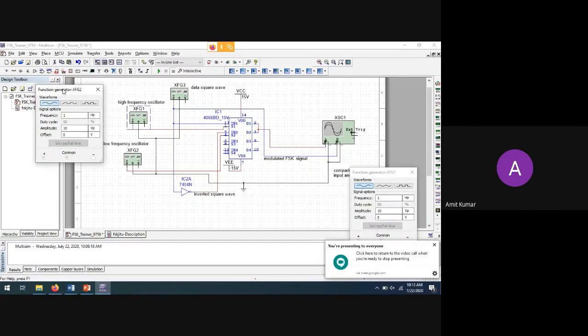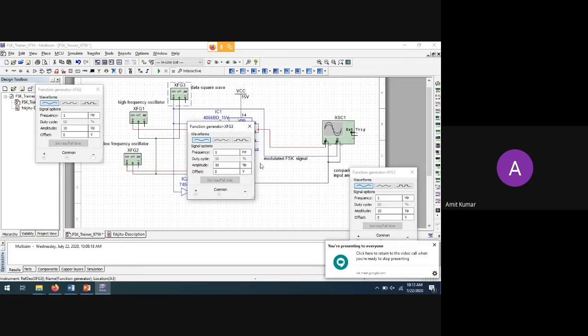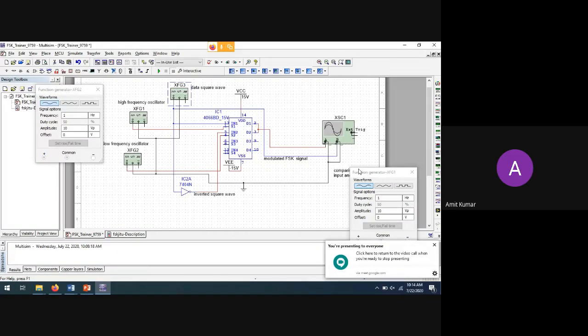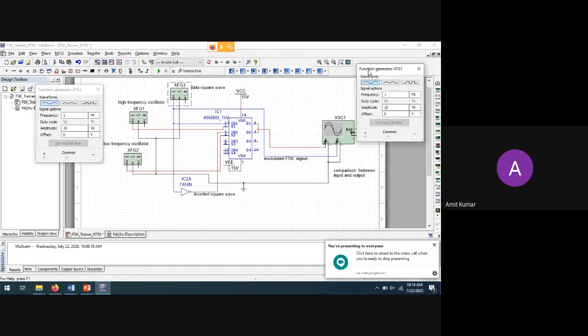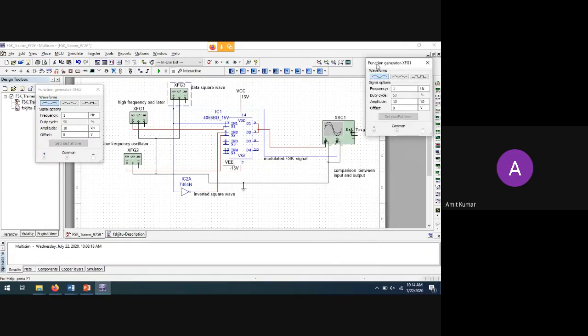So again, the data square wave will be there. The same frequencies and all those things will be the same, whatever you have chosen in this figure. But in this figure, or in this version, this is not working properly. So that's why I have said to install 14.0. So if you see the output in this one,